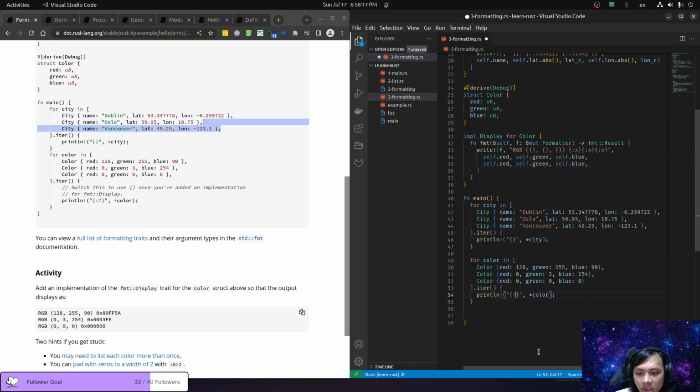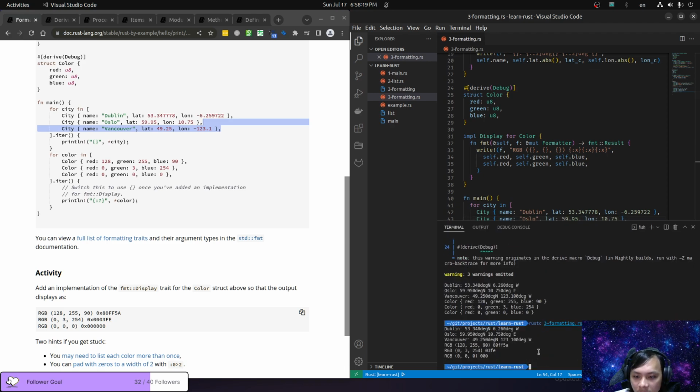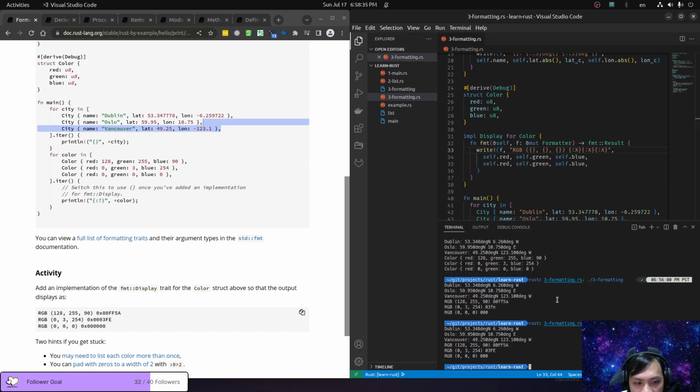And then if we change this one, RGB 80FF5A. I think this has to be capital, maybe. There we go. But then how do I make it size 2? Does this work? 3FE. It's correct, but